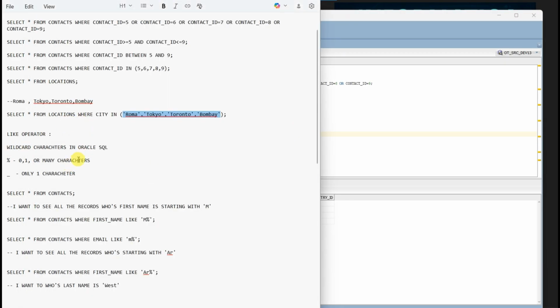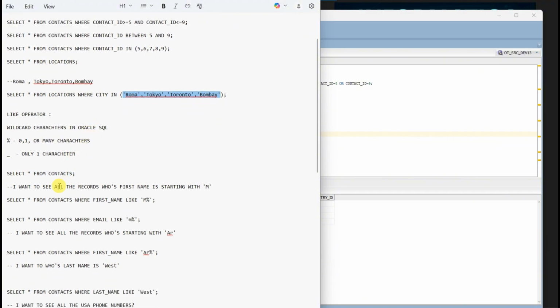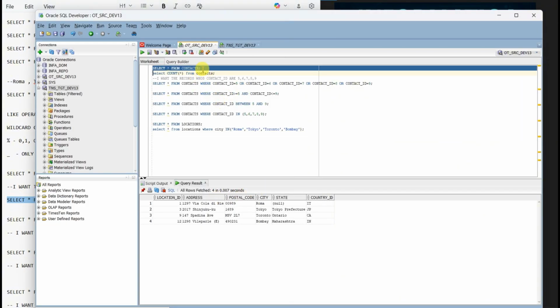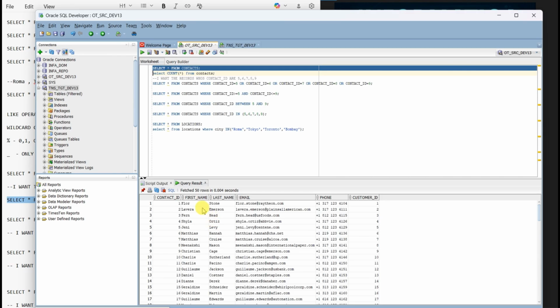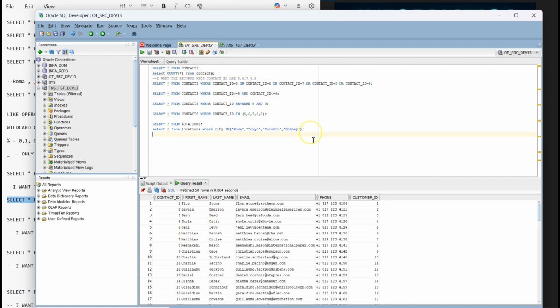Let's see the LIKE operator and how to use wildcards. Suppose there is a contacts table, and from contacts we want to extract the first names that start with M. Select star from contacts where first name LIKE